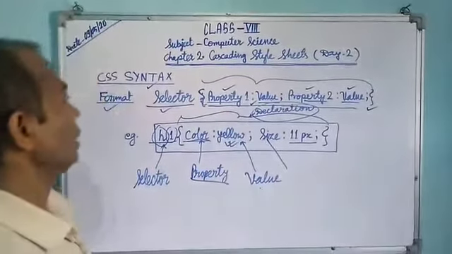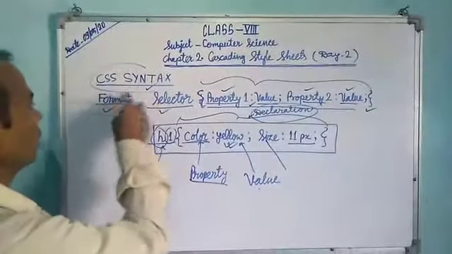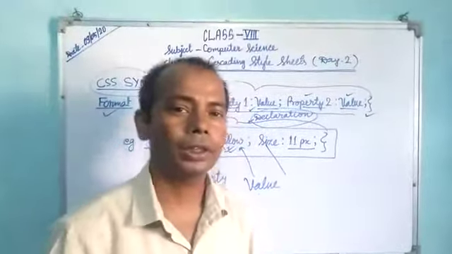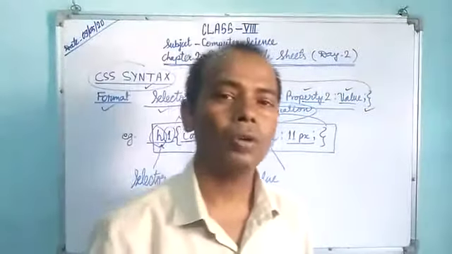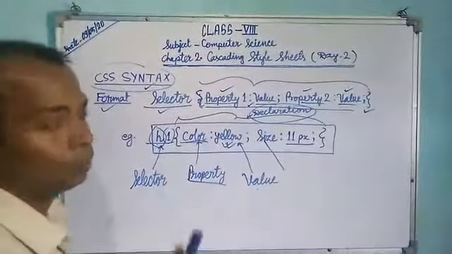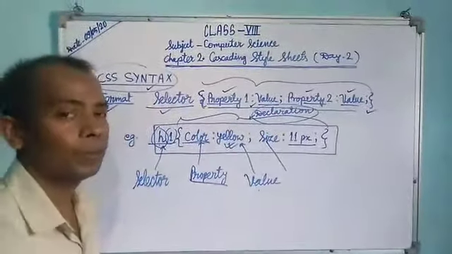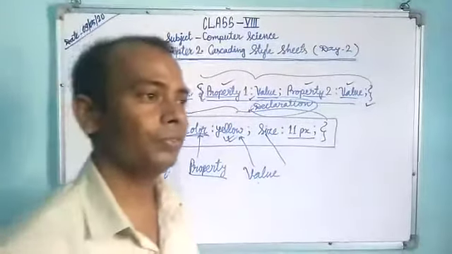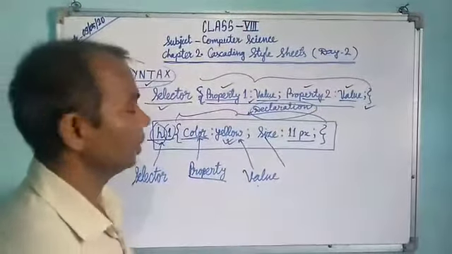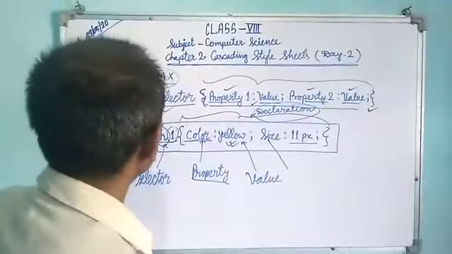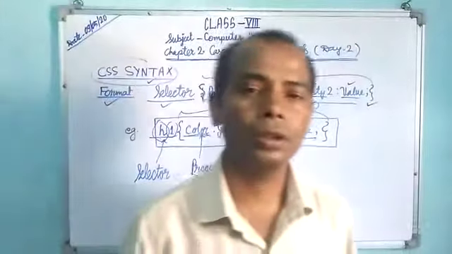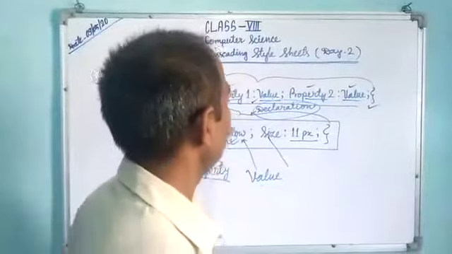In this class I will discuss the cascading style sheets syntax, meaning the framework and structure, how actually we write cascading style sheets, and what their design is. We have to write in the proper framework so that it will be correct. If we are not writing in the proper style, then it would be incorrect, and it is not able to give the results.